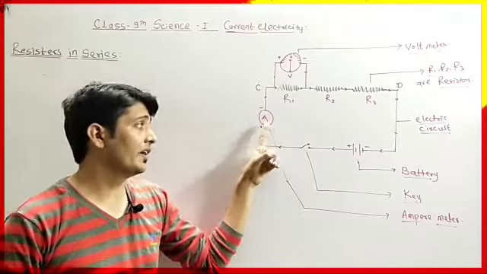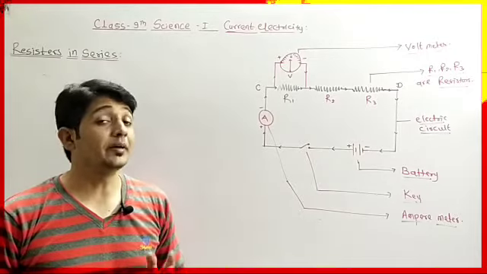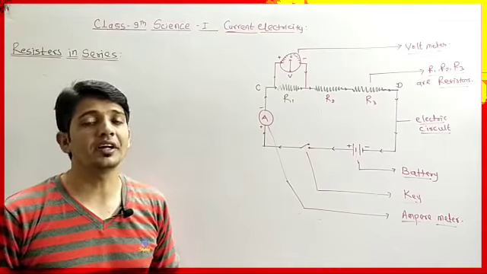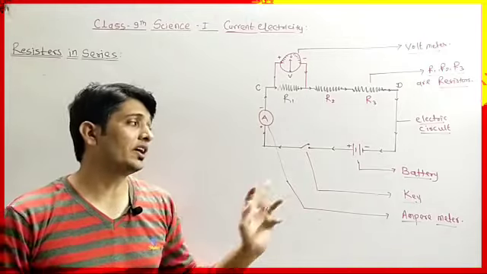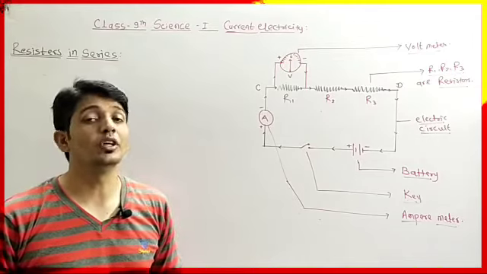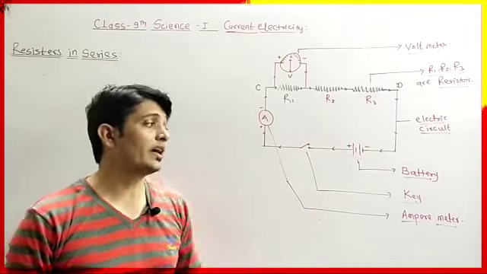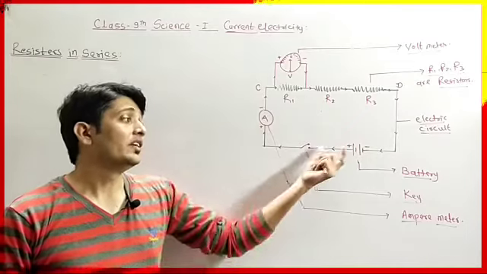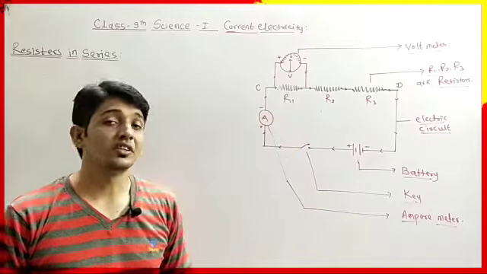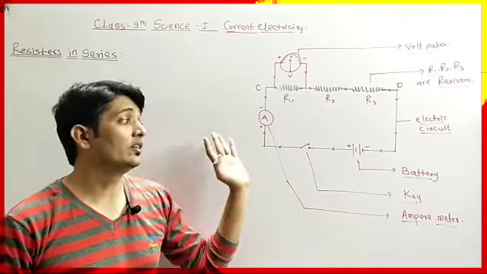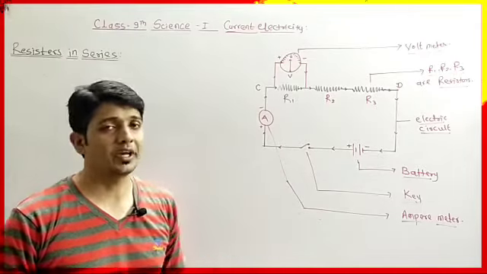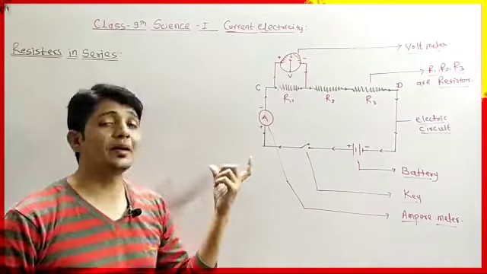Then in the circuit we have connected the ammeter. The ammeter is the ampere meter, which is used to measure the current in a circuit. Here is the plug key, so that you can switch the flow of current on and off as you wish. Here the battery is connected so that we can check whether the potential difference increases or decreases after the resistance. The direction of flow of current is shown from the positive to the negative end. First we have to describe the diagram.